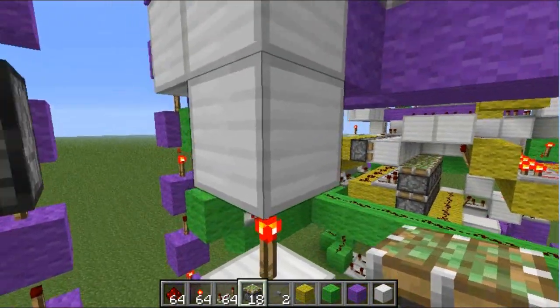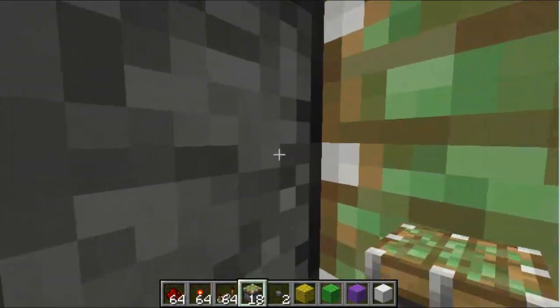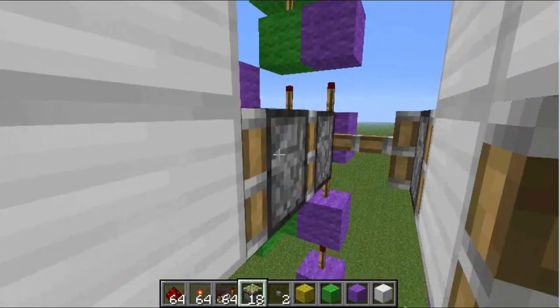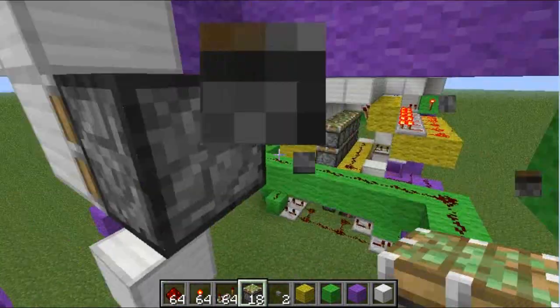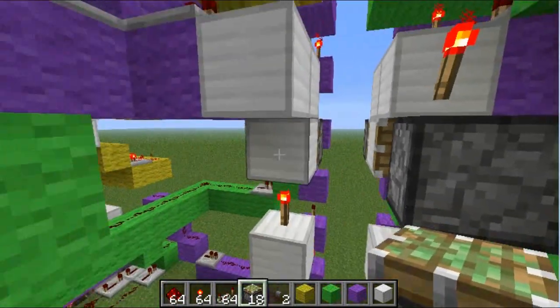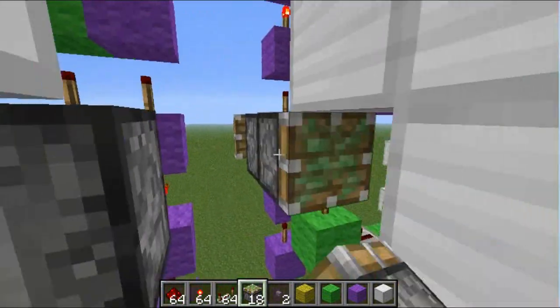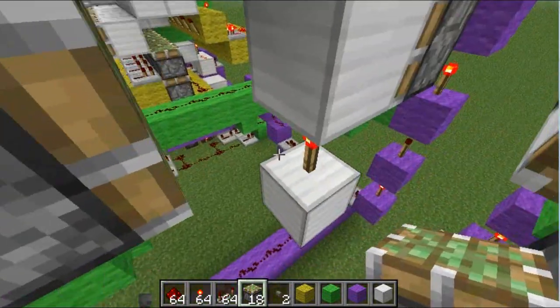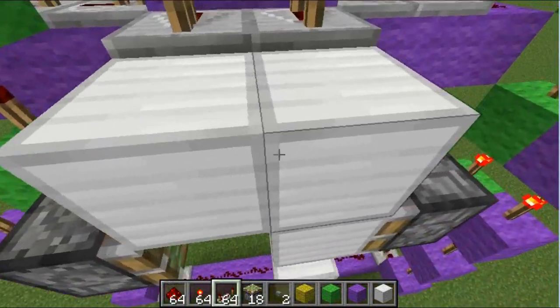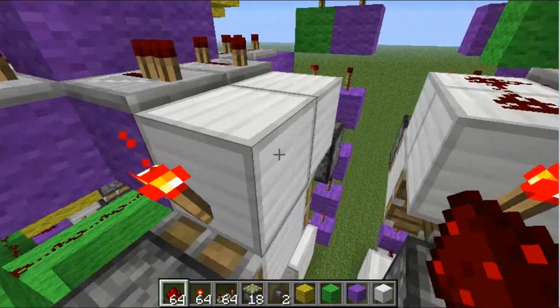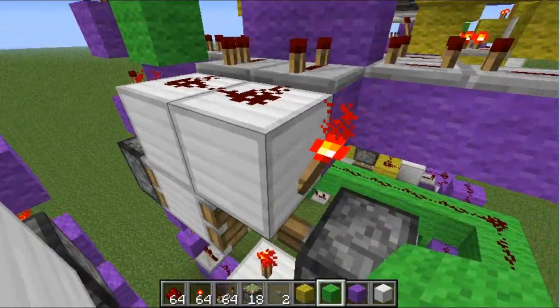Torch there, we'll come out 1, 2, put a piston there, come out 1, 2, put a piston there, and then put ourselves a torch here and here, connect that with redstone, and then we'll